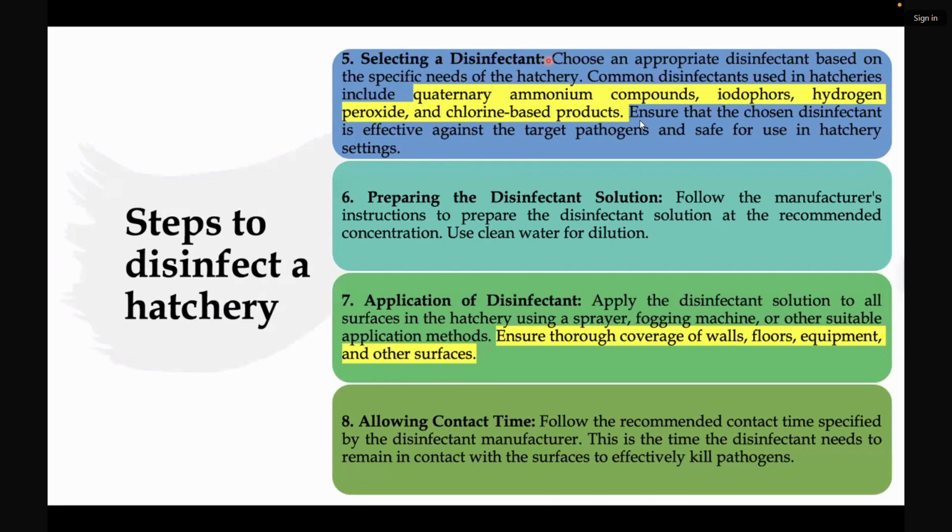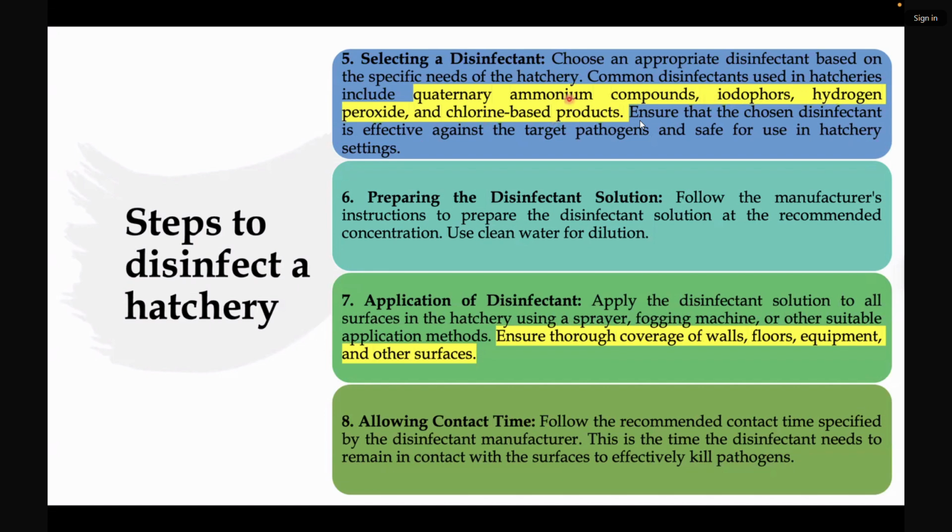Then we have to select a proper disinfectant. Now it depends on whether we are doing a general cleaning or whether there was a disease outbreak, and for that specific reason we are doing disinfection. So depending on the purpose, the disinfectant may be different. We have some very commonly used disinfectants like the quaternary ammonium compounds, iodophores, hydrogen peroxide, chlorine based products, etc. So actually all the time these are used in